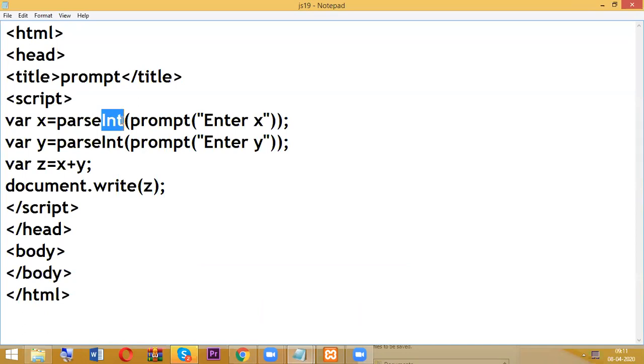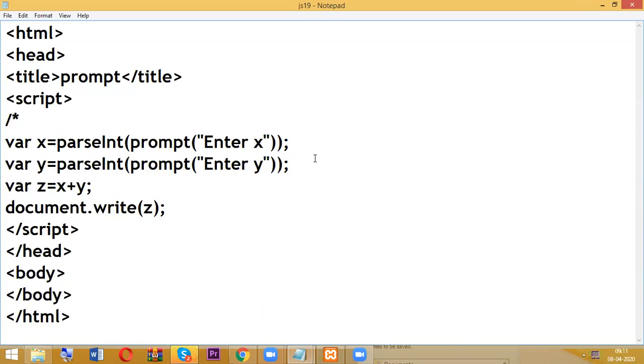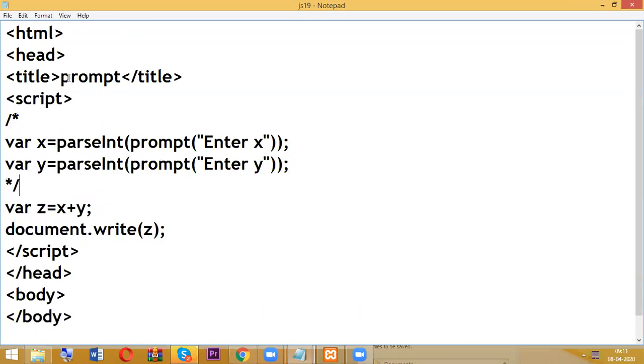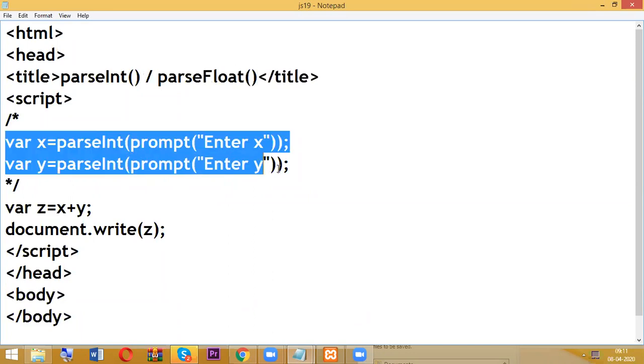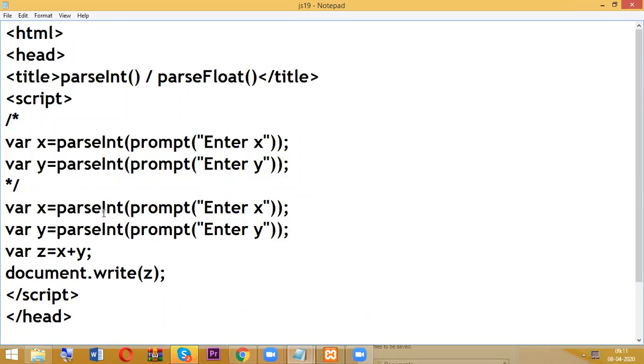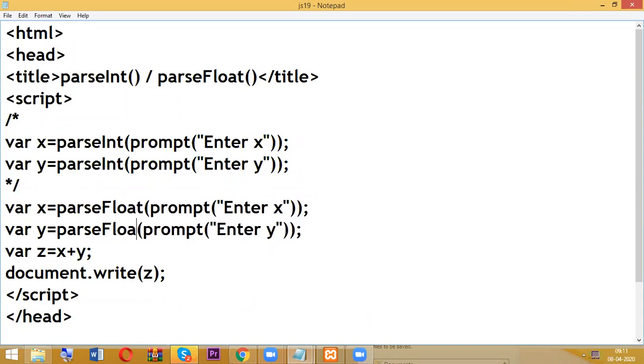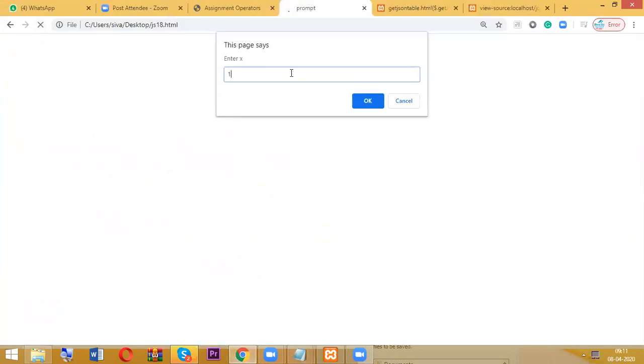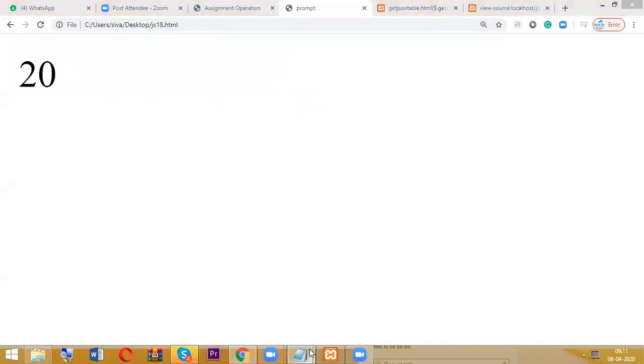Okay. Suppose I use parseFloat. I am going to comment this one out. We are going to discuss the differences between the parseInt function and parseFloat, only these two we are having. Now we are working with parseFloat, with capital F. In parseInt also, capital I. So parseFloat. Now go and check it. I am giving 10.4 and 10.4. Now, one second, any problem?